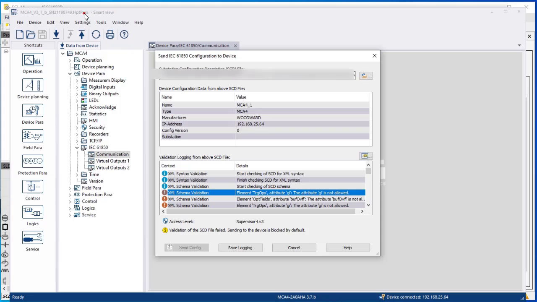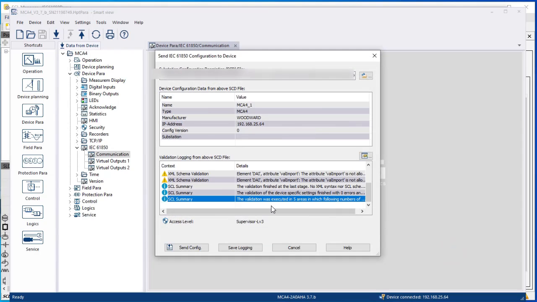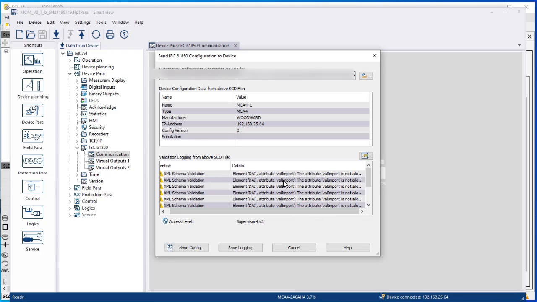And now we go back to the validator and check if we have reduced our faults inside of our configuration. We click on Select an Existing and choose again our configuration, and we click on Open. You see the validation now does not fail, because, let's say, we have a non-nice error. We can ignore this error. It's not important for the devices, but it's not so nice. So let's try to upload the configuration. If not, we have to go back to our configuration,